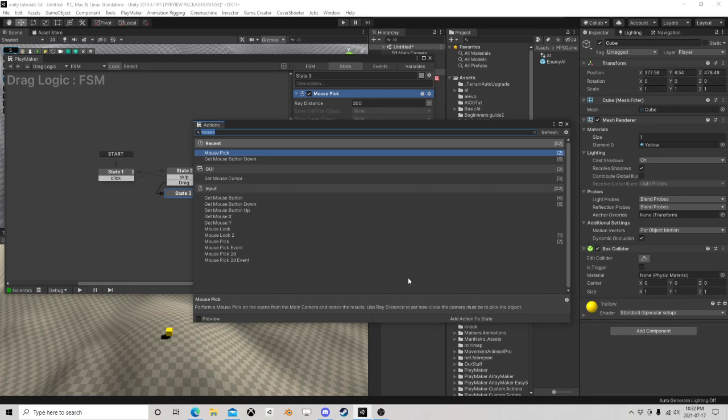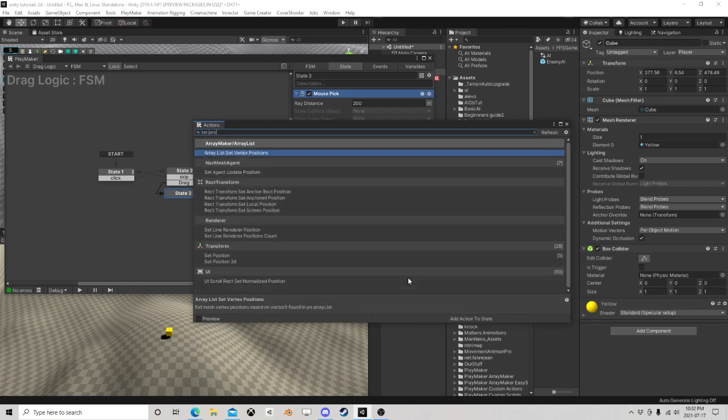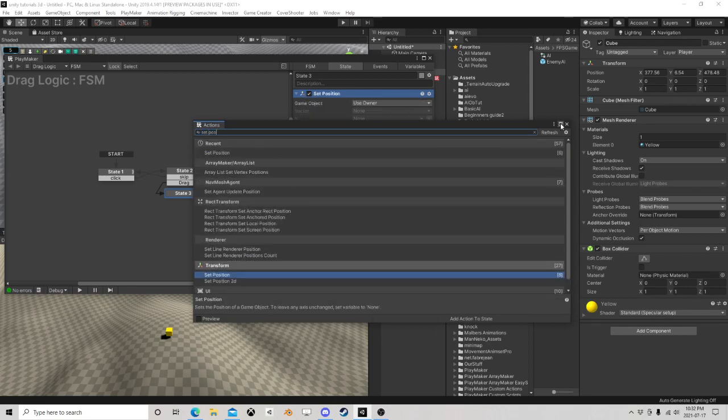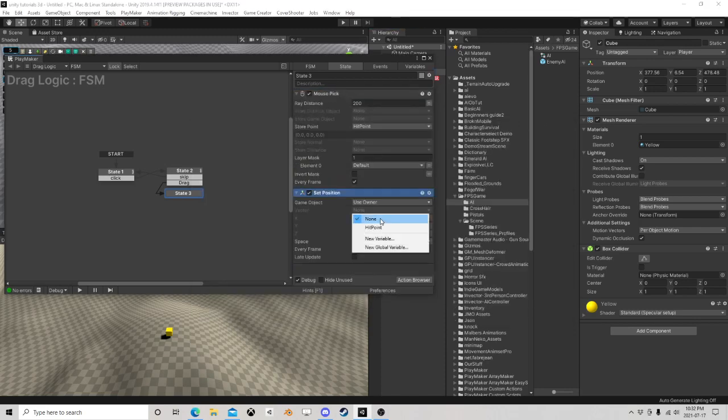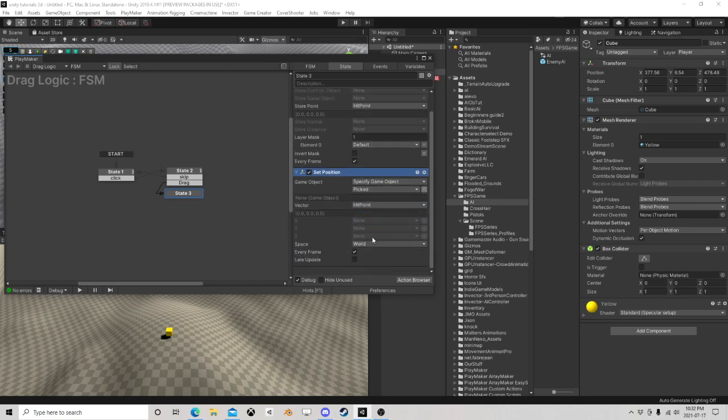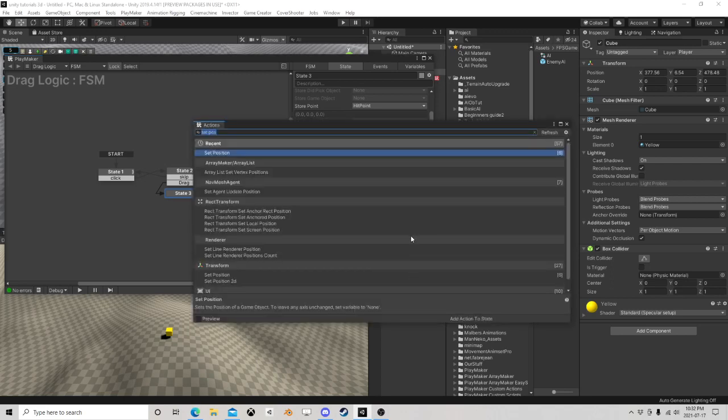Now let's set position. Now we're going to have one little issue here, and we're going to try to fix it in a unique way. World space, we want picked to go to hit point every frame, and